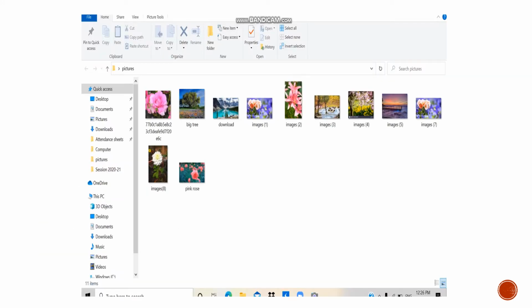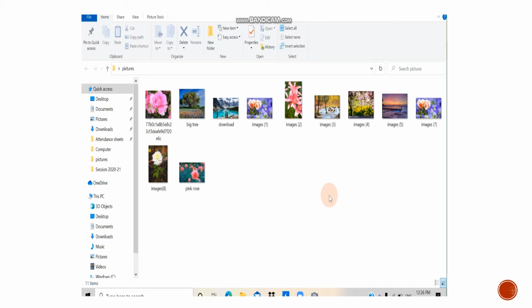So let us see one live video in which I have done deleting and restoring the item. Children, today we are going to learn how we can delete the file or folders. You can see many pictures on my screen.